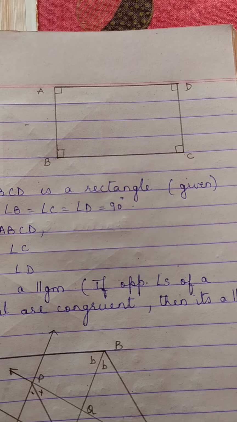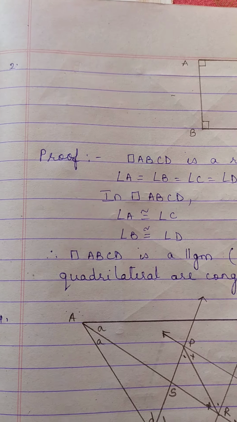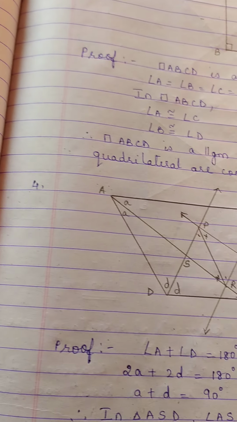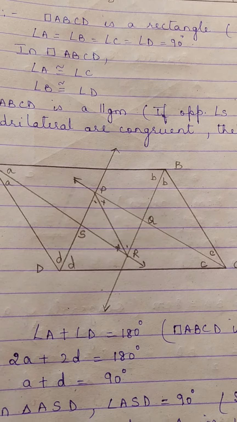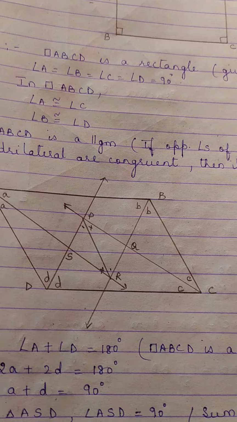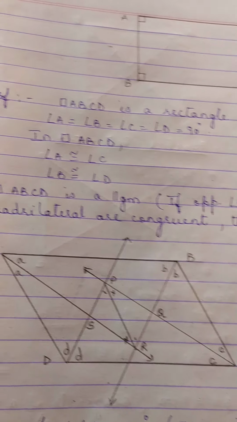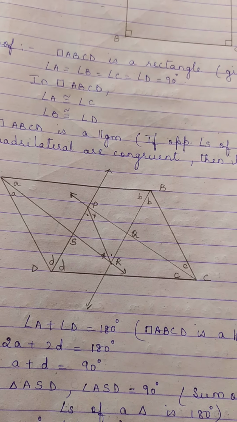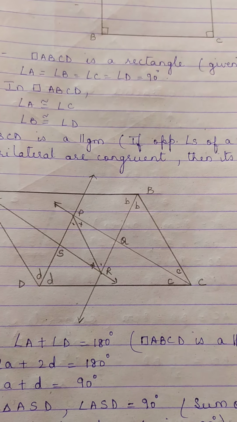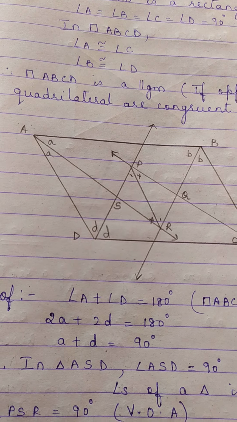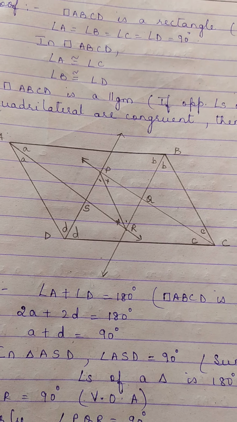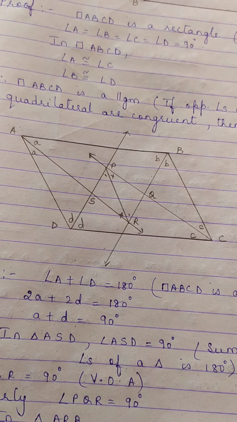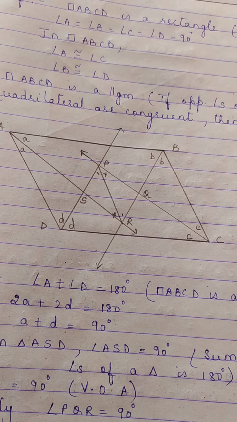Okay. Next, we go to question number 4. Now, question number 3 and 5 is omitted for you for this year. We go to question number 4. Now, what does question number 4 say? I'll read out the question to you. Prove that the quadrilateral formed by the intersection of angle bisectors of all angles of a parallelogram is a rectangle.